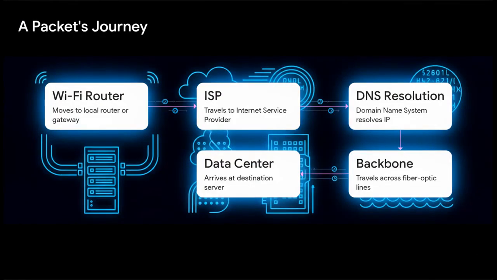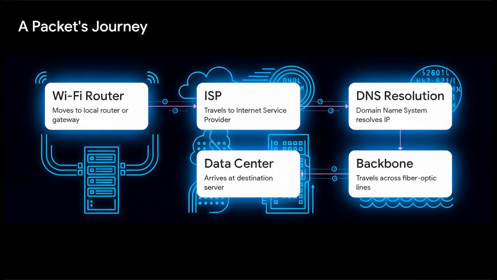Let's actually follow the waypoint map a packet takes. First, it bounces from your device straight to your local Wi-Fi router. The router pushes it out to your internet service provider. From there, the domain name system, or DNS, kicks in and translates the website name you typed into its actual destination IP address. Then, boom, the packet is fired at literal light speed across the high-capacity fiber optic internet backbone. Sometimes these packets are traveling under the ocean, just zooming along until they reach the precise remote data center server